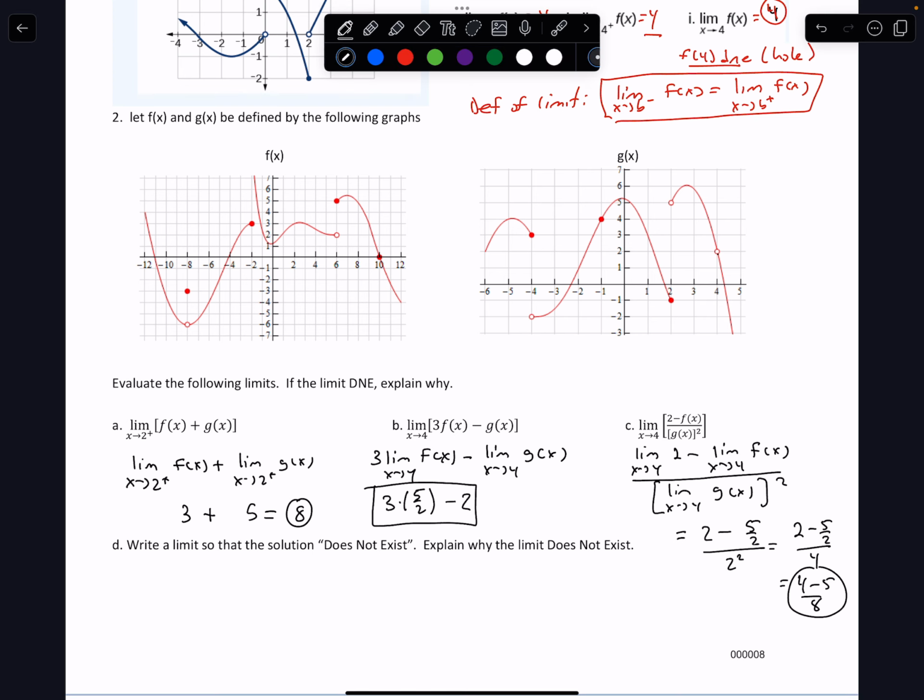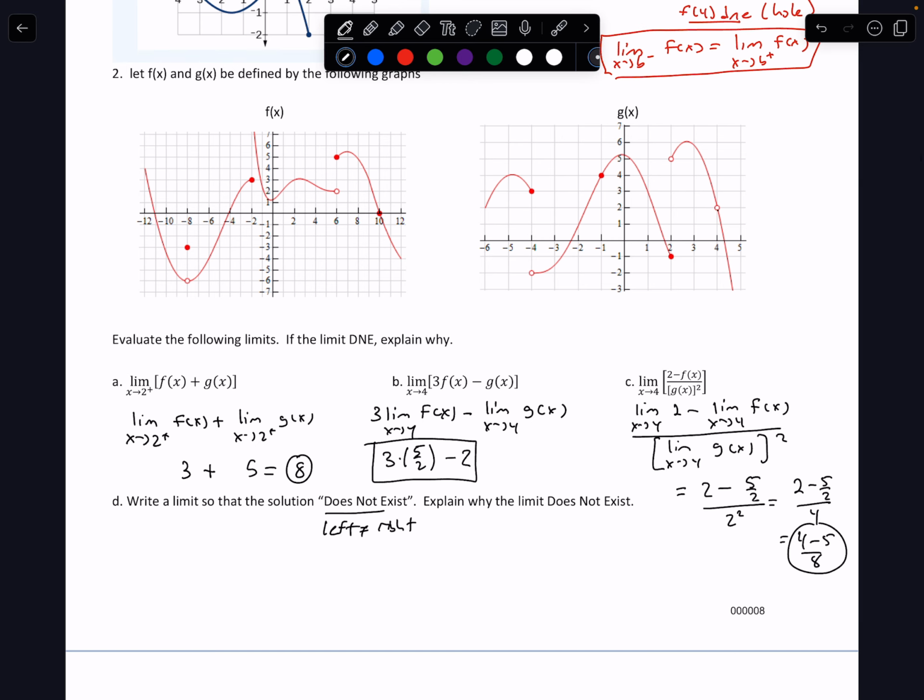All right, so let's write one where the limit does not exist. So that's easy to do. We just want to find out where the left does not equal the right. Keep it simple. I can say the limit as x approaches, let's just do f of x. For f of x there are a number of them. I could pick 6 or -2. Now later on, we're going to talk about endpoints as well, but let's just keep it simple for right now. So as x approaches -2,